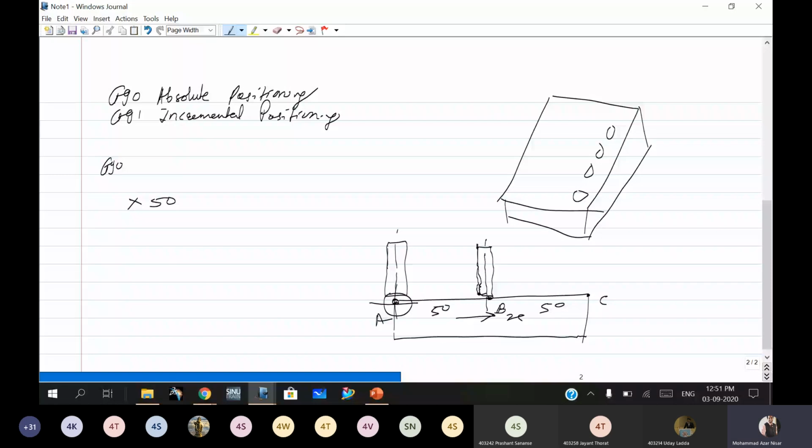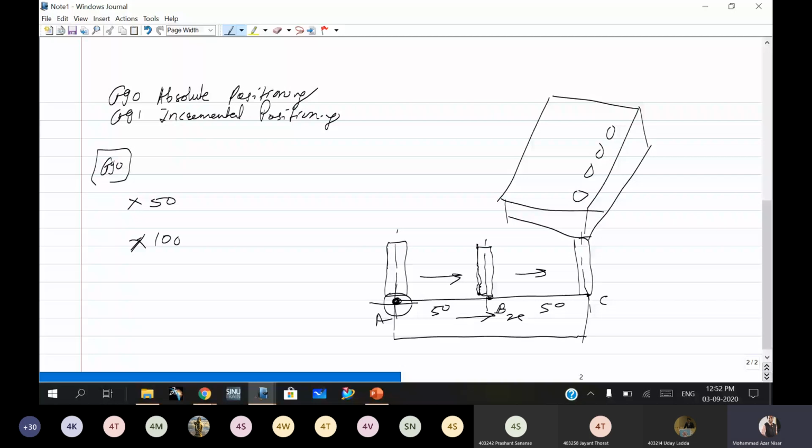Then again, I have to move from B to C. Then I will use X equal to 100. So it will take the dimensioning from this origin point. So it is 50 plus 50, you will get 100. If you are going for Y direction and Z direction, if you are using this G90, then it will take the dimensioning from the origin, that is for absolute positioning.